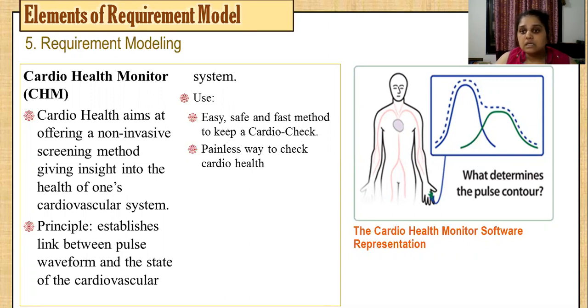Now, what is the screening of? The screening is of your heart. So what my software was actually doing is measuring your heartbeat, and based on your heartbeats and the waveforms of your heart, it was giving you your cardiovascular age, meaning the age of your heart. Now there is a lot of difference between your age and your cardiovascular age. Your age is your biological age, which is calculated from the date of your birth, whereas cardiovascular age is the age of your heart.